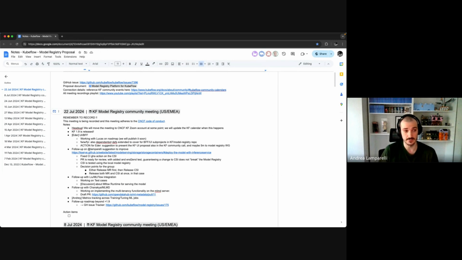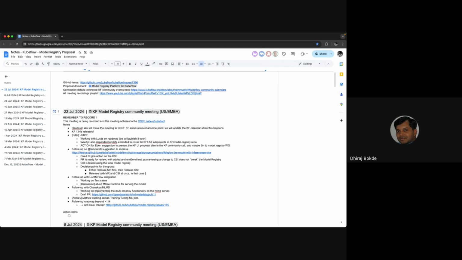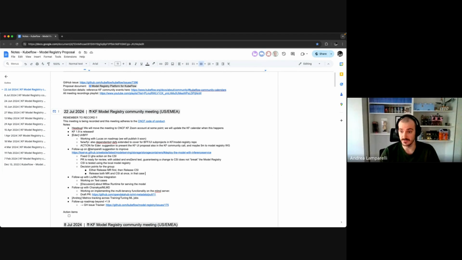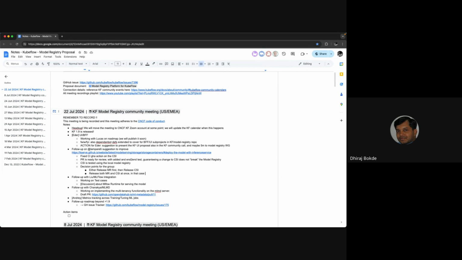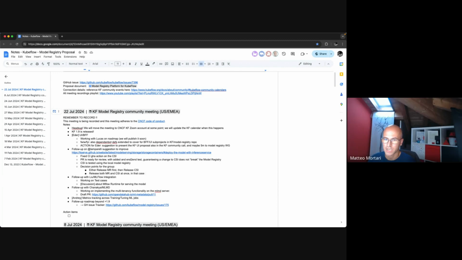For sure, it would be easier because we just need to run the workflow that will build and publish the container image once, because it will be the same, just a new step. We can add a new step to the current Model Registry one. And yeah, I don't know if we have other preferences here. So Matteo, do you want to add action items for that? Yeah, I'm going to record it as soon as we decide.